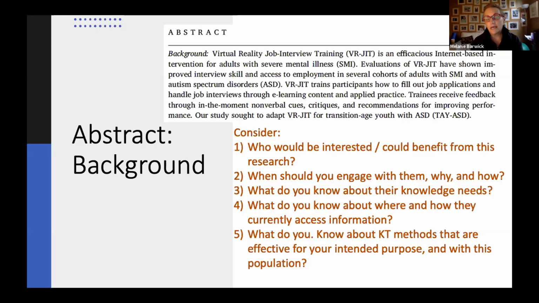But now we're thinking of an adaptation to a different population. The evaluations of this virtual reality job interview training with the original population of adults with severe mental illness is the focus of this, and also extending that to individuals with autism spectrum disorders. So the job interview training trains participants about how to fill out job applications and handle job interviews through e-learning content and applied practice. And then the trainees receive feedback through in-the-moment nonverbal cues, critiques, and recommendations for improving their